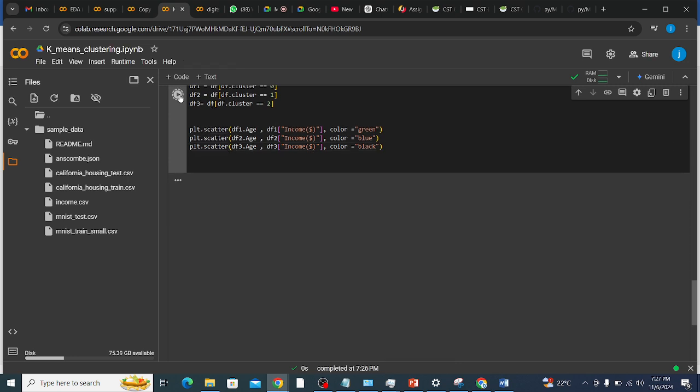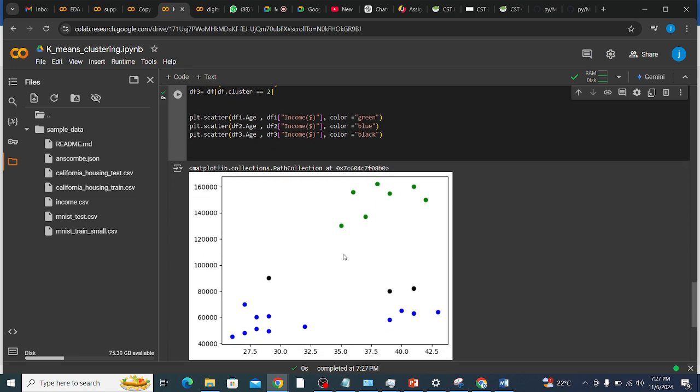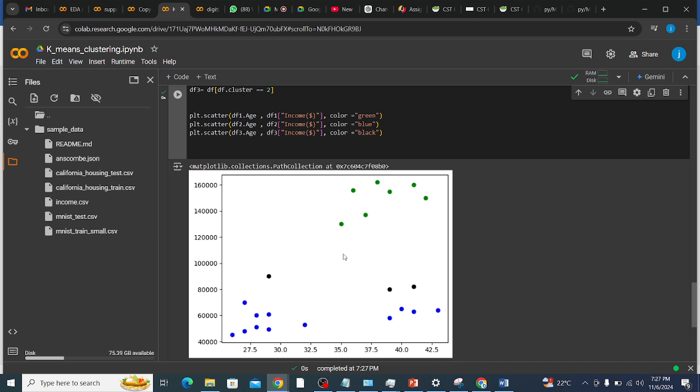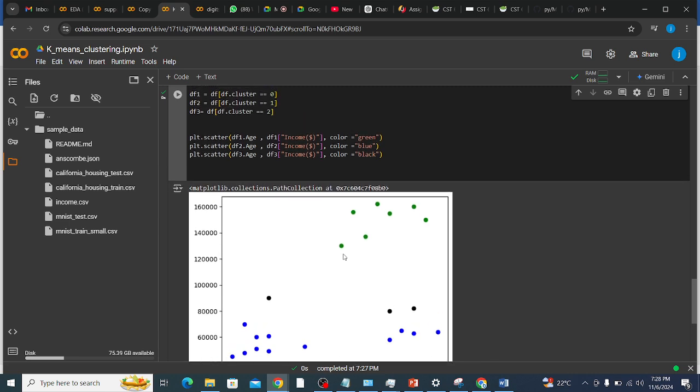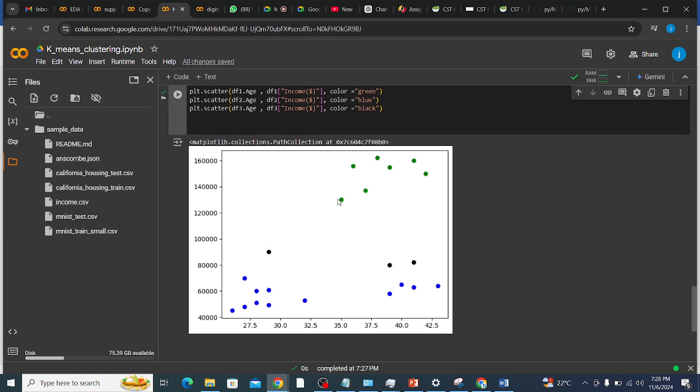So I think we can just run through this and see what we have. Good. So we have our three scatters, that is for DF1, DF2, and DF3. But now having specified the colors, you notice that our data here, this one is well clustered,